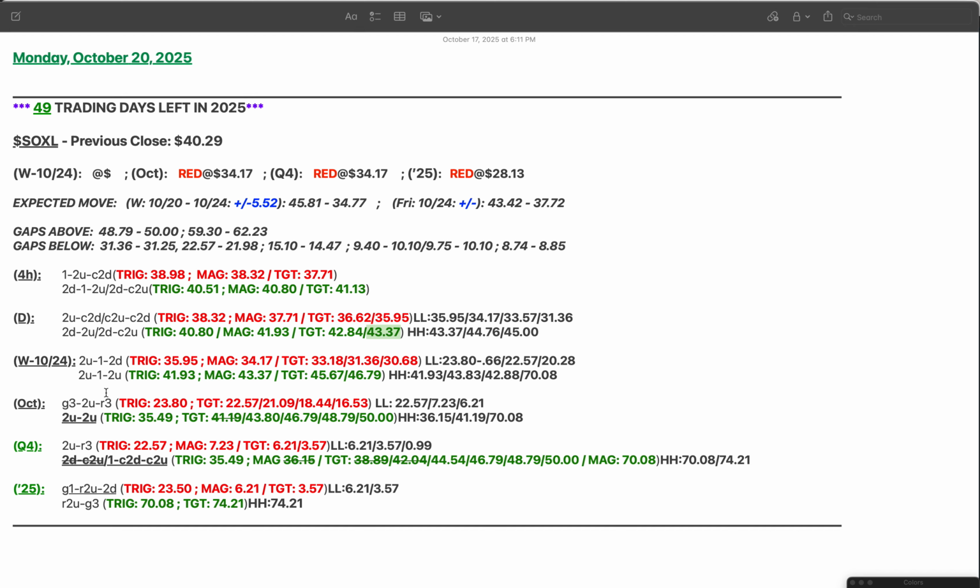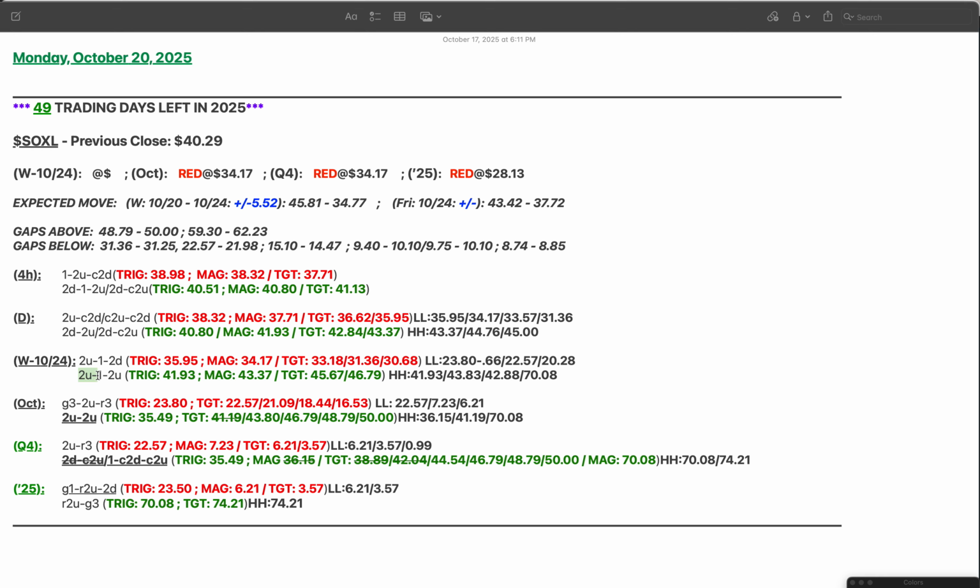just go through the triggers and targets here, especially since the only thing that's changing is the week. The month, the quarter, and the year are still all the same. So on the week, if we go to the downside, that triggers a 2-1-2 down, triggering at 35.95, which is that extended target to the downside on the day. And then the magnitude of that move is 34.17. We have extended targets of 33.18,